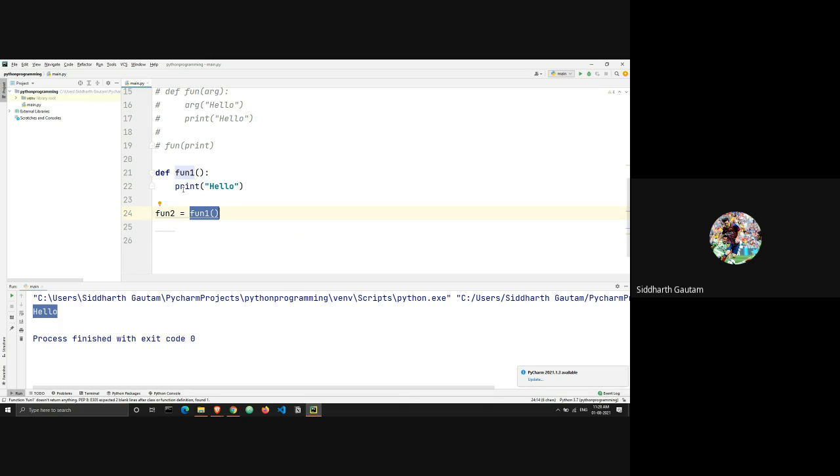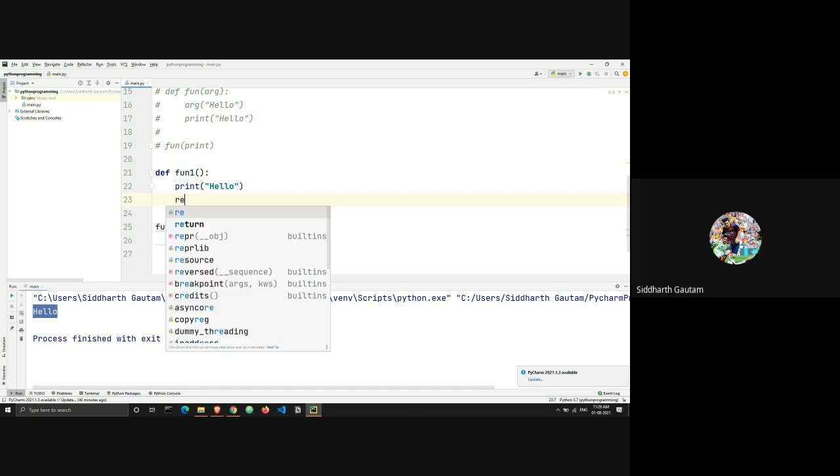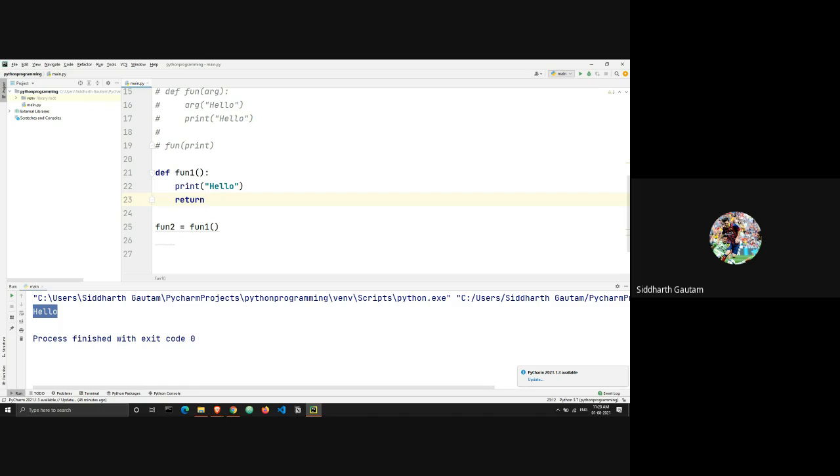If it had any return statement, then the value of this return statement, the string, would get stored inside this variable as a string, right?